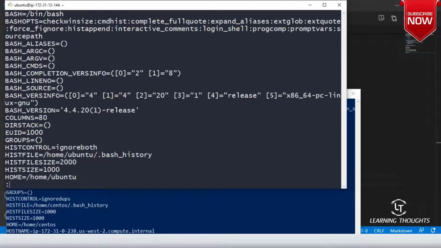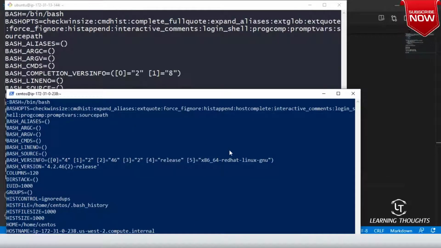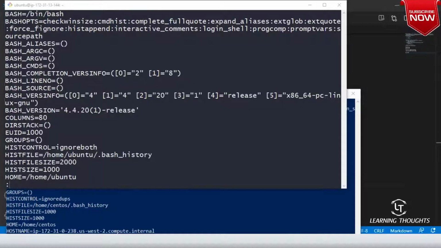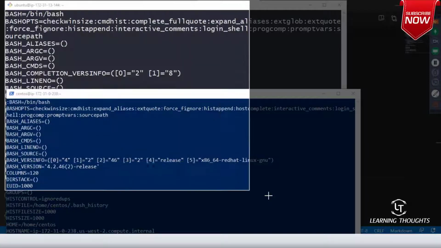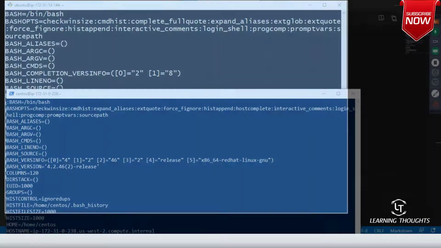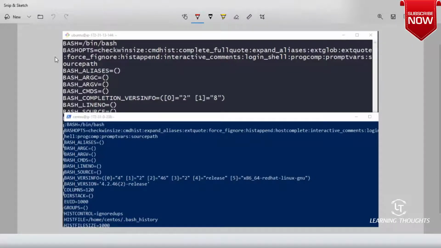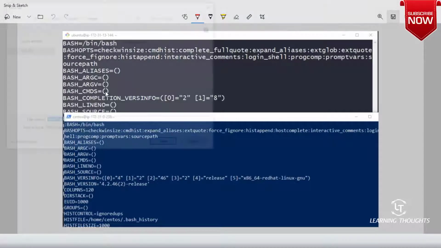Sorry, it's not colon, it's a pipe. Are you seeing some variables now? BASH_ALIASES, BASH_ARGC. There are many other things that I've added over here.